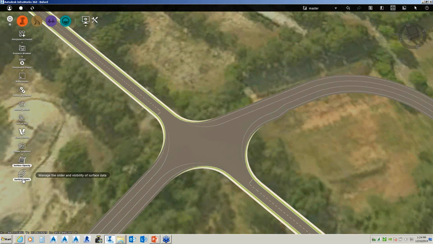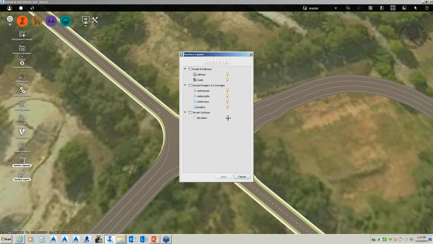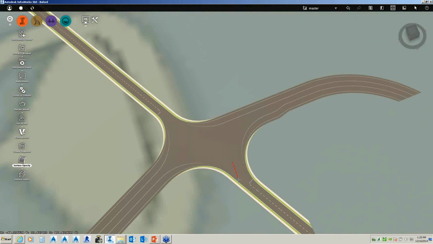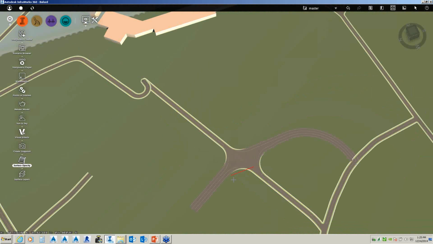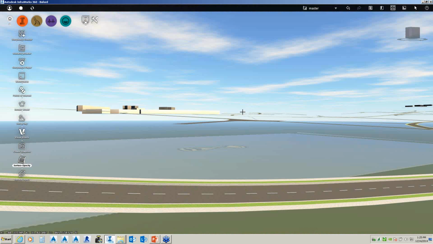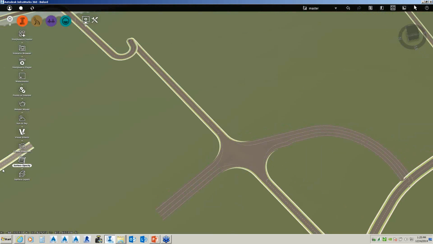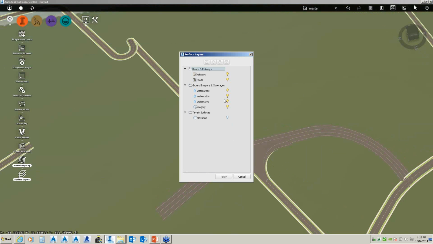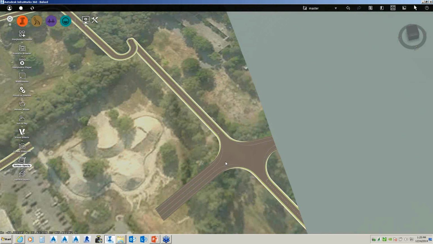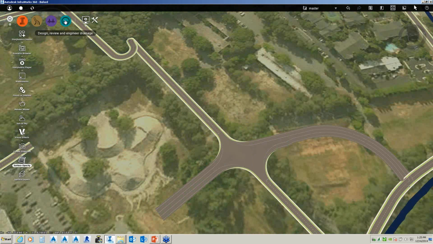So a lot of flexibility in terms of doing that. I can also run an analysis of my surface, similar to what you can do in Civil 3D. Clearly it has ties to Civil 3D.